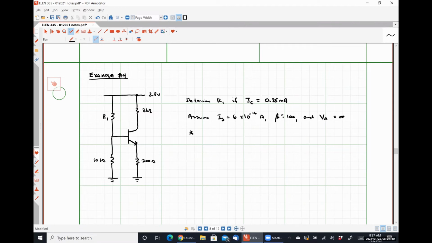As a second thing, I want to determine what the error in the collector current is if R1 is increased by 5%. And lastly, we could figure out what the collector current error is if R1 is decreased